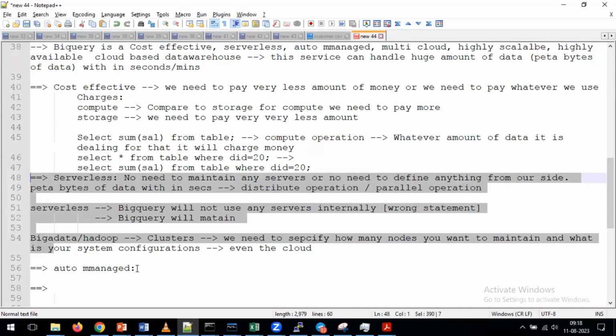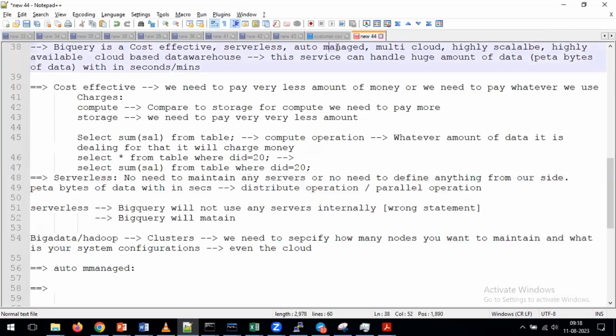If you are going to deal with 10 terabytes of data, it will handle the servers differently. If you are going to deal with petabytes of data, what will happen? BigQuery itself manages everything automatically. That's the reason we can say BigQuery is an auto-managed service. Depending on the amount of data in the backend, it will manage everything. So for that reason, we can simply call BigQuery an auto